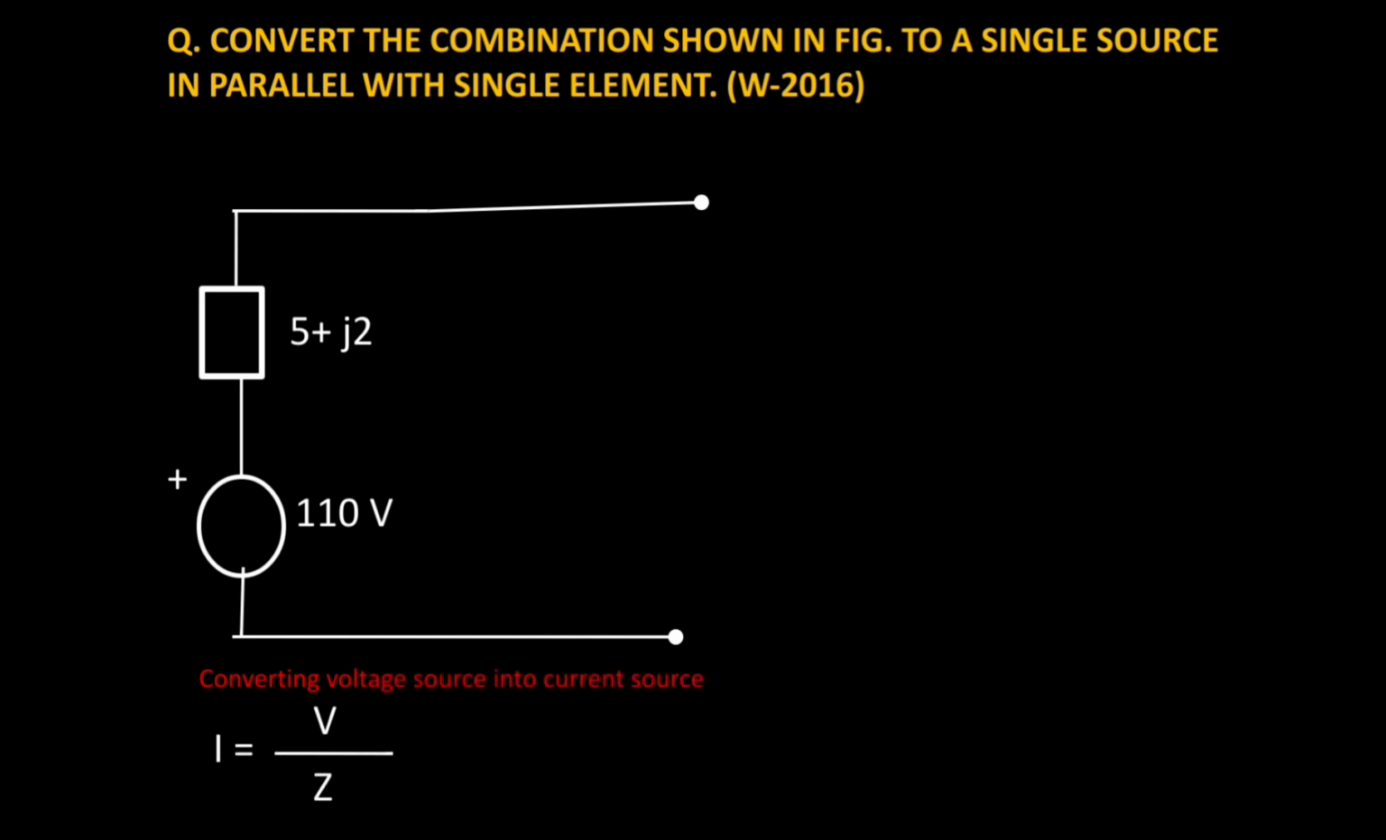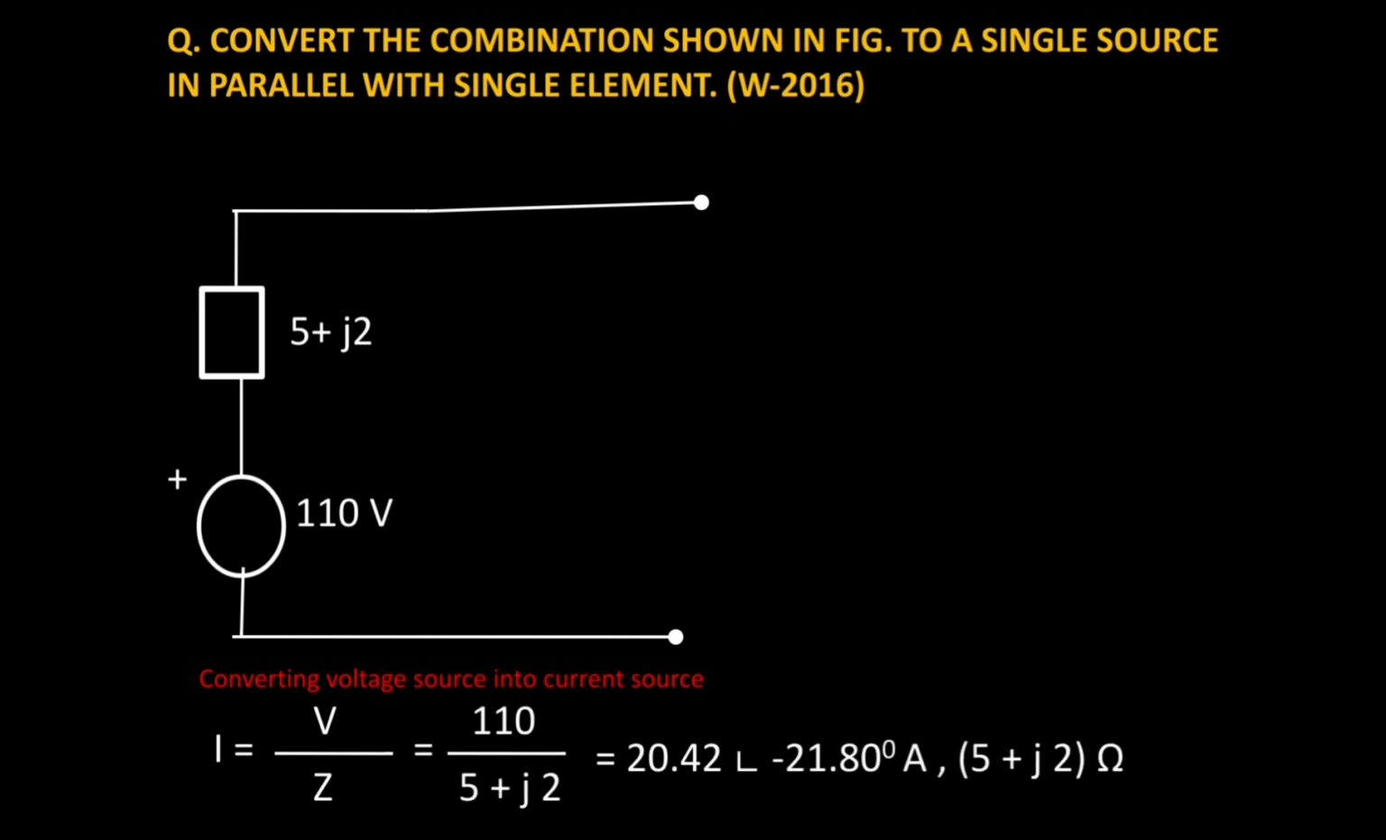So I is equal to V by Z. We have V equal to 110 and Z equal to 5 plus j2. In polar form we get the answer, that is 20.42 at an angle of minus 21.80 ampere, and the impedance of 5 plus j2, which is connected in series with this practical voltage source, has to be connected in parallel with the